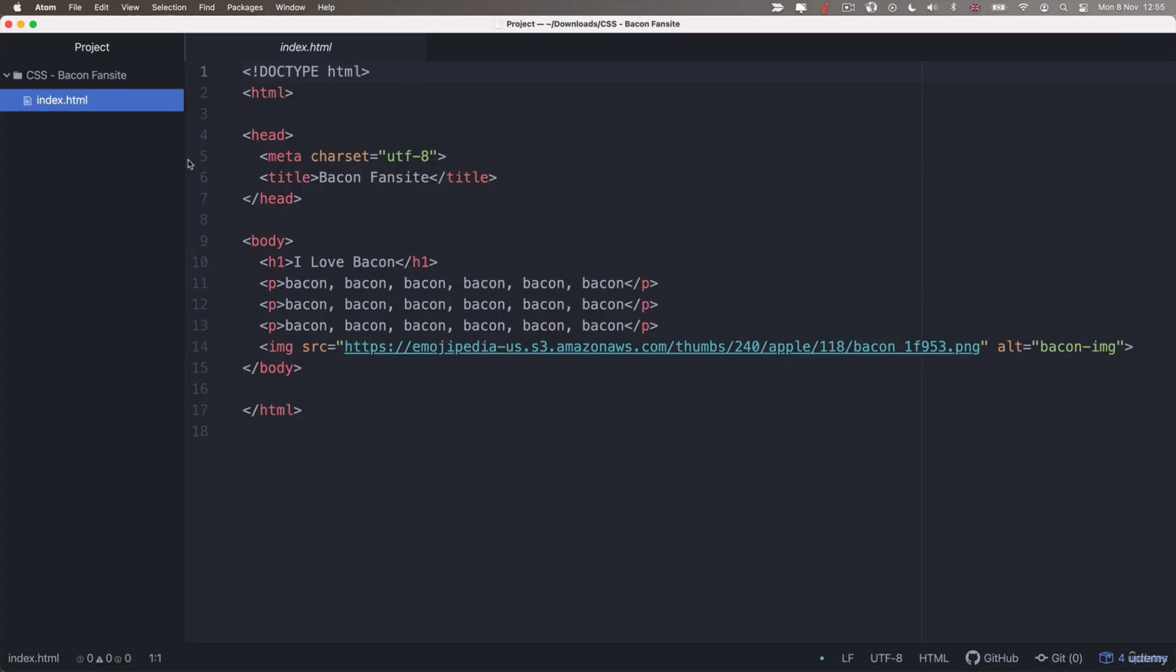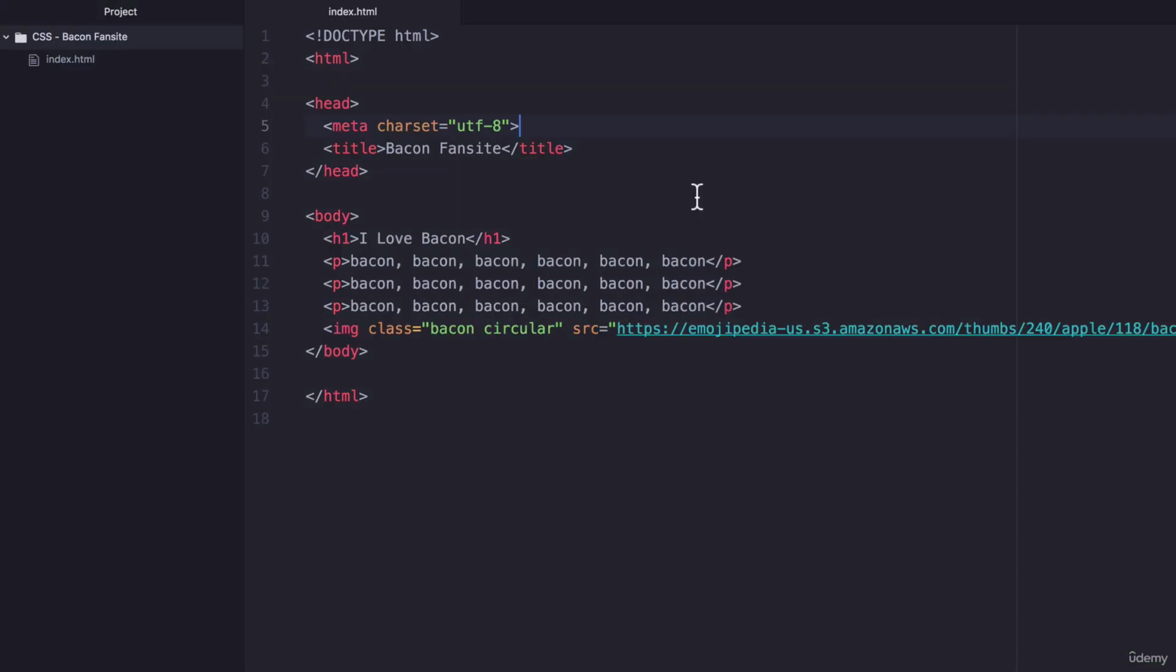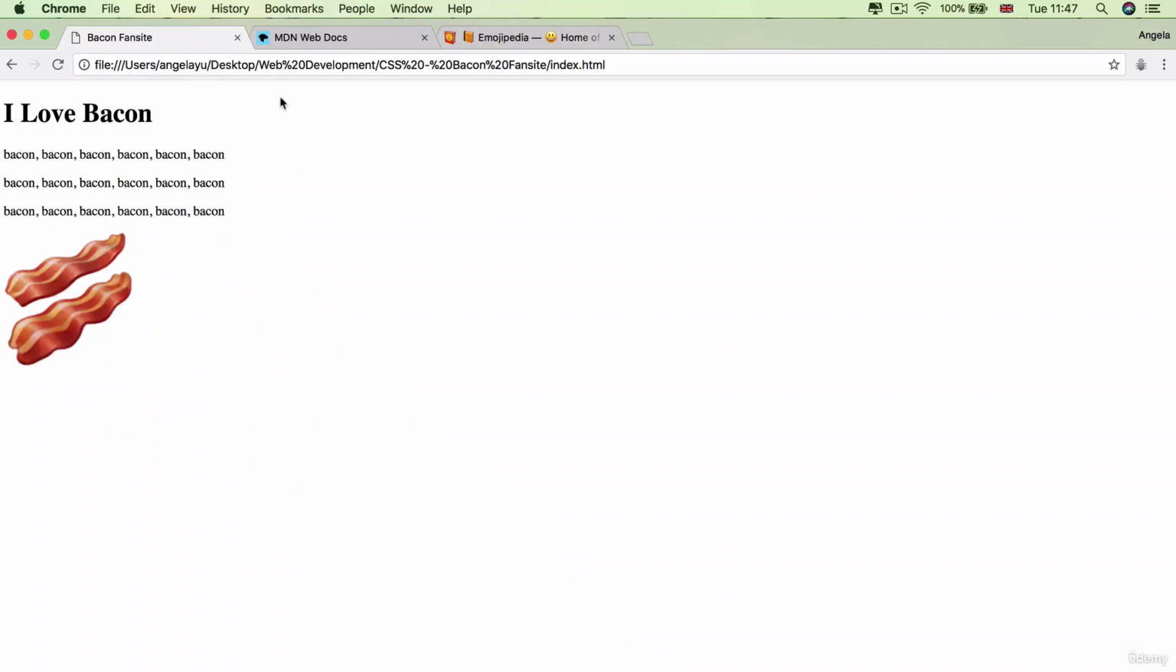So now you should have this index.html file in your Atom project folder. And here I've already written a little bit of code in order to create the bare HTML bones of our bacon fan site. Now, I know that some of you might be vegan or vegetarian or pescatarian or whatever it may be. If my love of bacon offends you in any way, then I am deeply apologetic, and you can feel free to